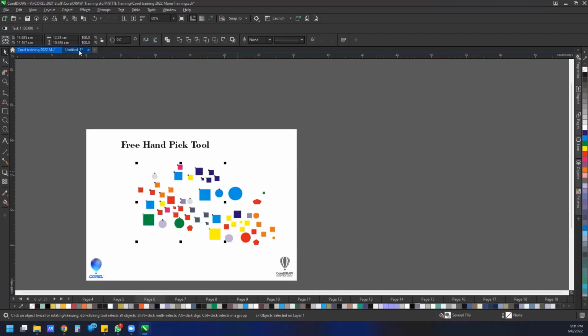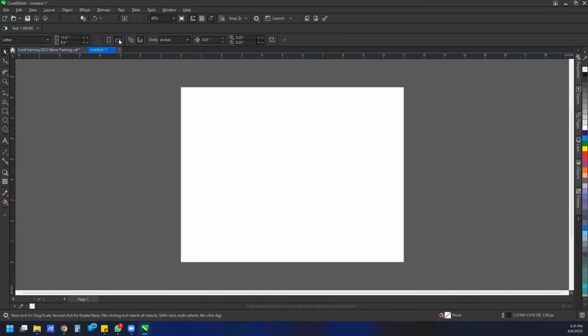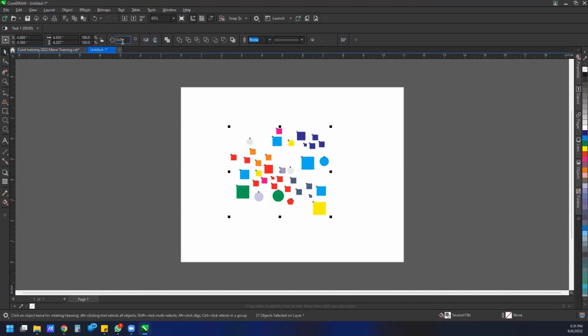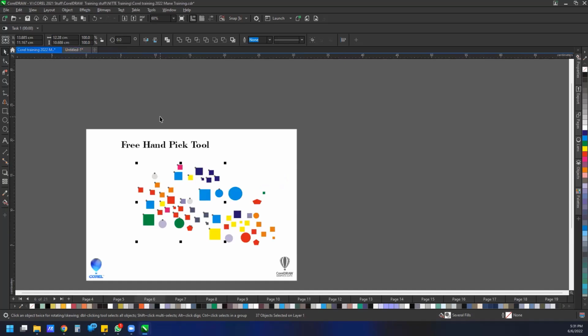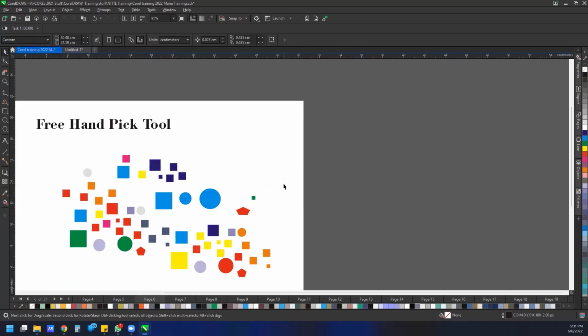मैंने कॉपी कर लिया, I went to new page, I have changed the orientation of the page, I press Ctrl V, सेम चीज मेरी यहाँ पे आ गई है. ठीक है, जो भी मैंने वहां पे सेलेक्ट करके कॉपी पेस्ट किया है. बट इतनी सी चीज के लिए आपको मल्टीपल स्टेप्स करने पड़ रहे हैं. आप कॉपी कर रहे हो, नया पेज क्रिएट कर रहे हो, फिर पेस्ट कर रहे हो, उसके बाद यू आर मूविंग अहेड. बट विद हेल्प ऑफ न्यू फ्रॉम सिलेक्शन जो भी पार्ट आपका सिलेक्टेड है, लेट्स से फॉर एग्जांपल मैं